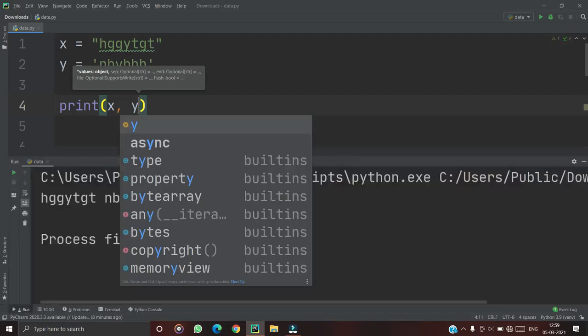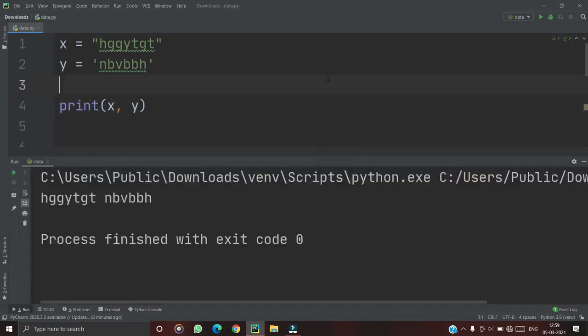If I run this, yeah, it is printing both the values of x and y. So it does not matter whether it is single quotes or double quotes.